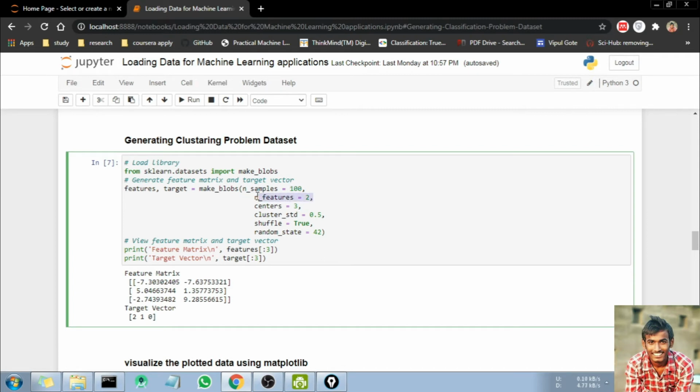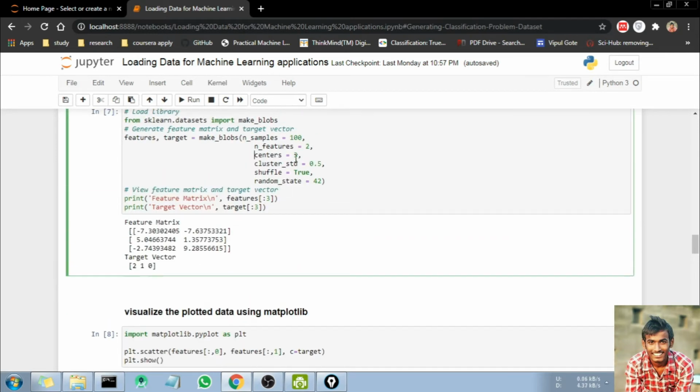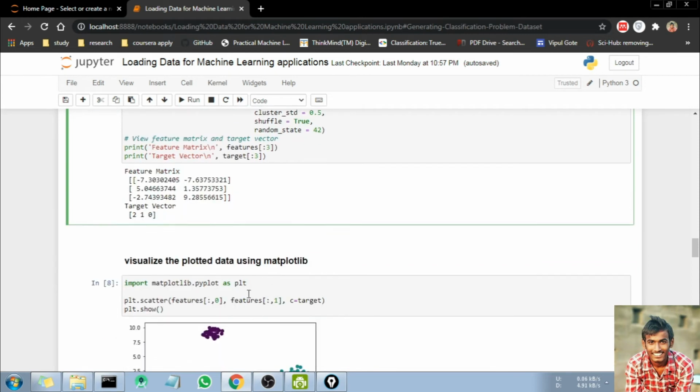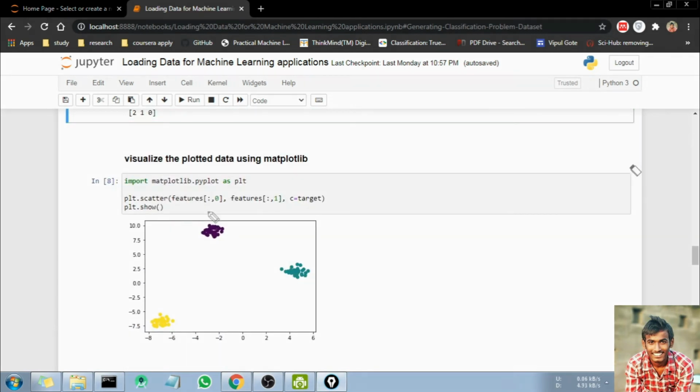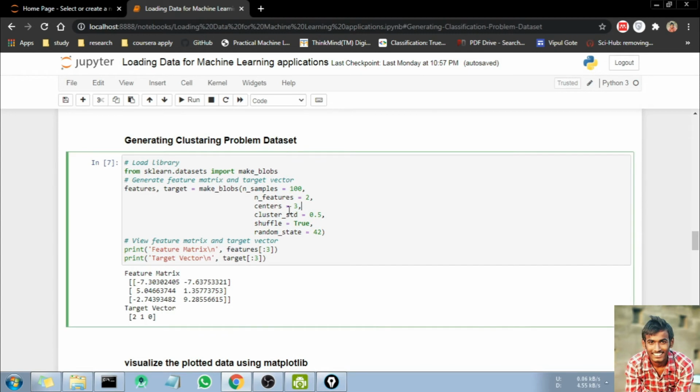Number of features, we need two features, and centers, we need three different centers. So see here, this is the first center, second center, and this is the third center, approximately. So for this problem we are going to take three centers.